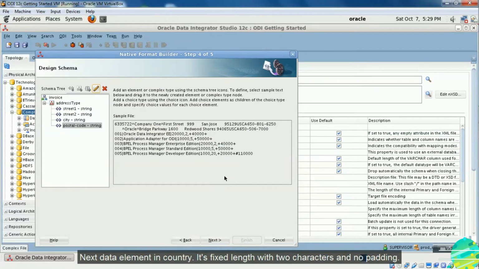Next data element is country. It's a fixed length field with 2 characters and no padding.